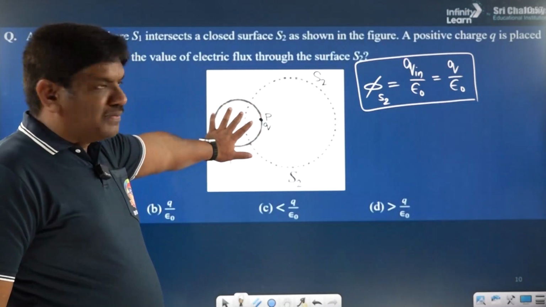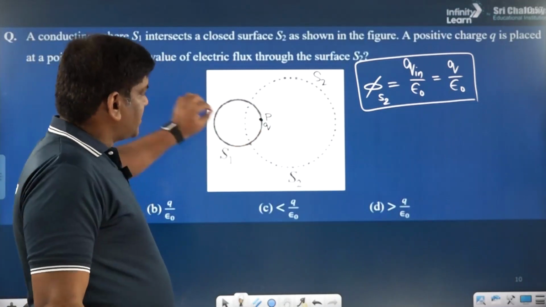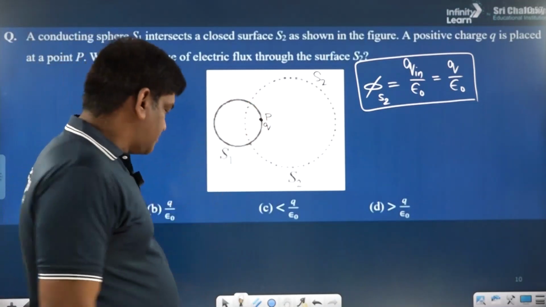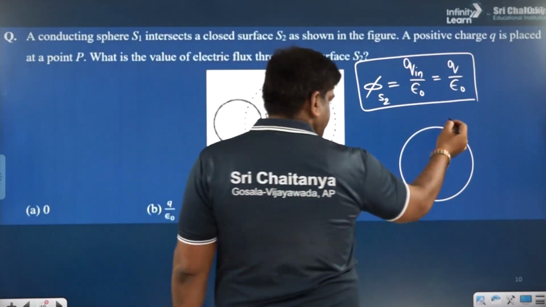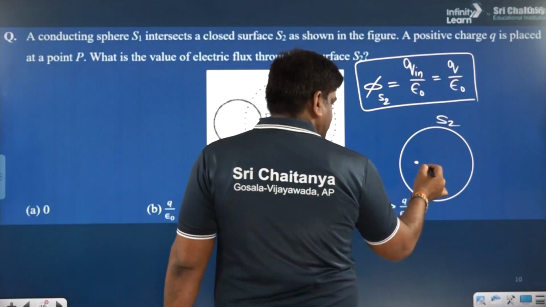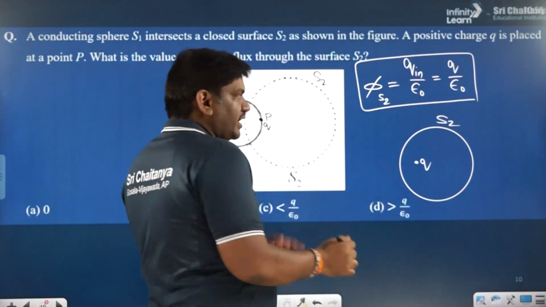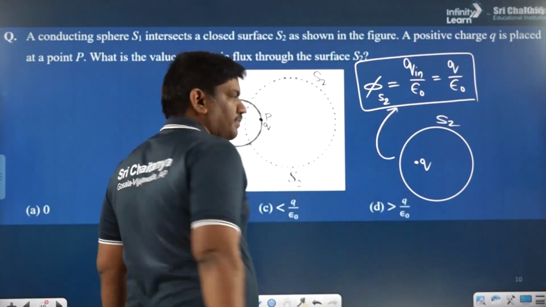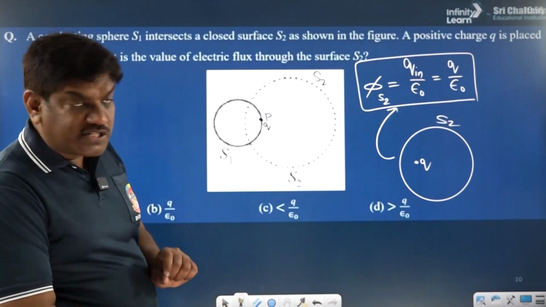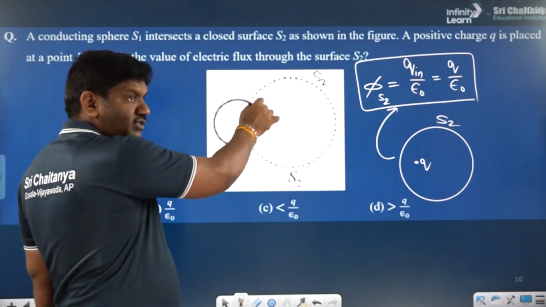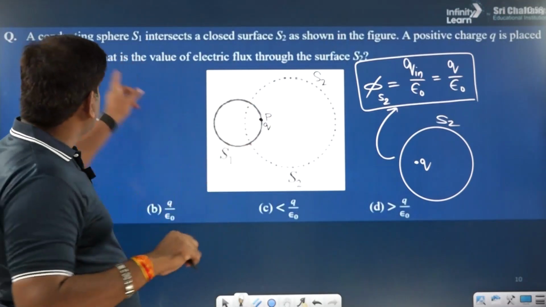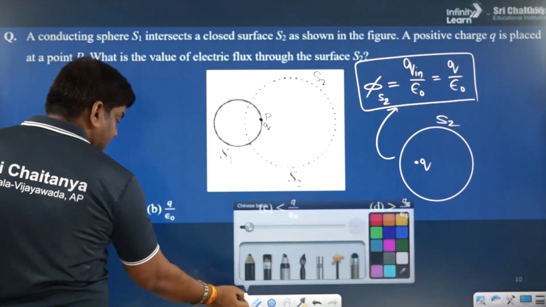If this sphere is not there, and only one charge is there inside, what I mean to say is, if this is the sphere surface 2 and there is a charge placed here, without any doubt you can directly say the total flux will be Q by epsilon naught. But the thing is, you have put the charge on point P, which is on the conducting sphere. And since this sphere is conducting,